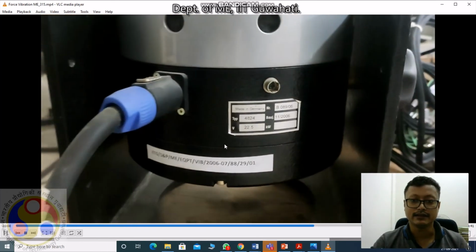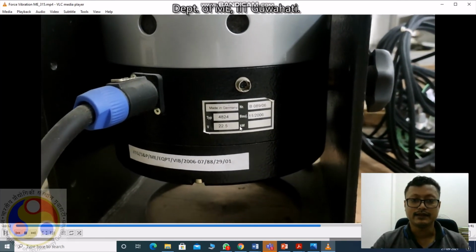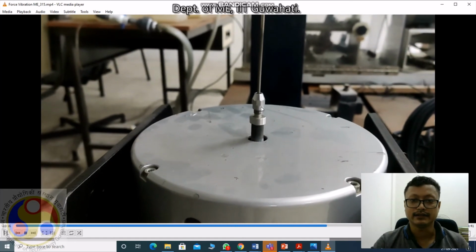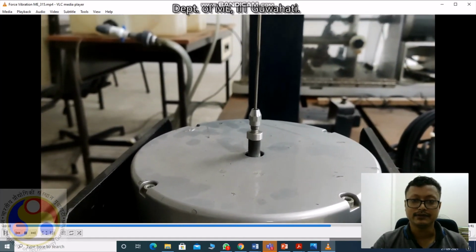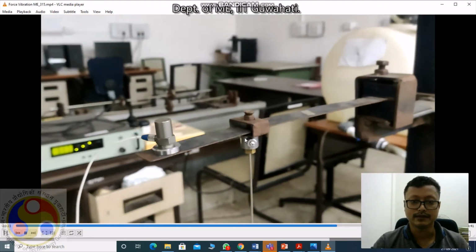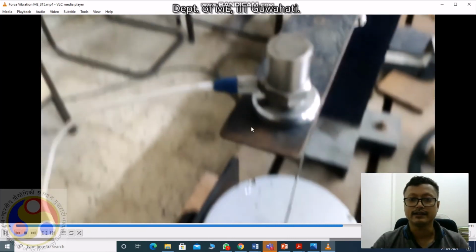Now this exciter, this is the model. From this exciter we give the excitation, and vibration is going on. It is connected here with a clamping arrangement, and you can get this vibration data in the PC.